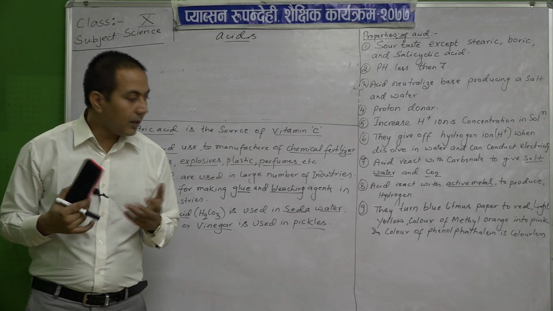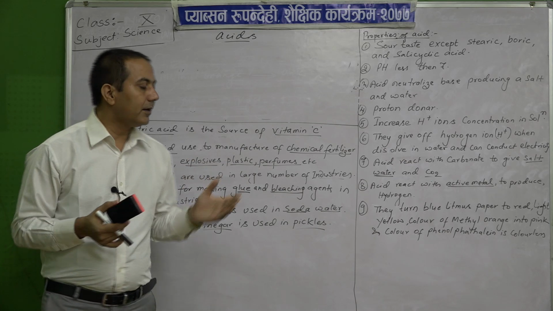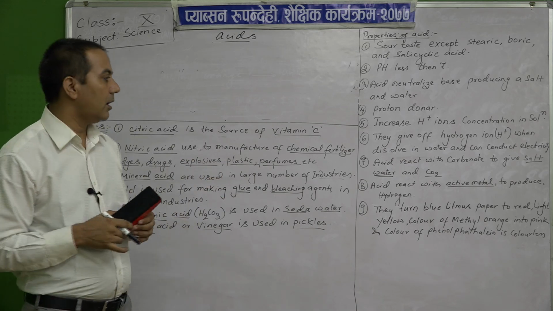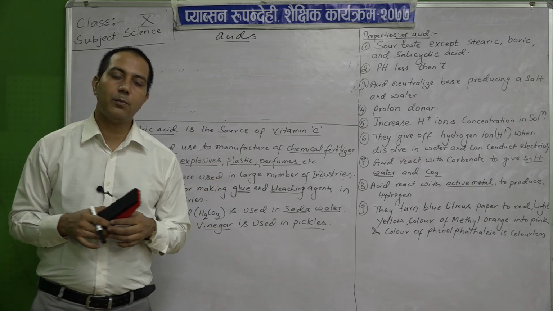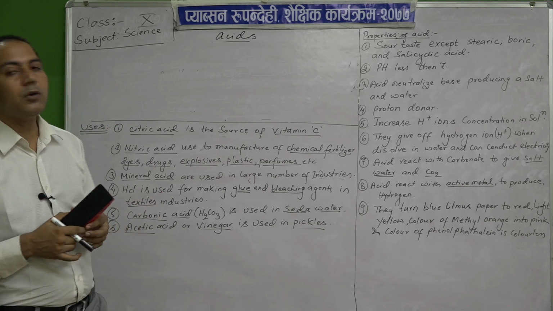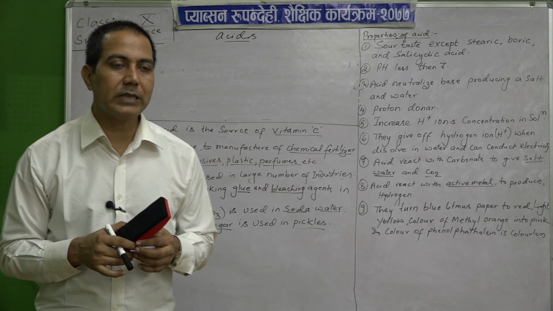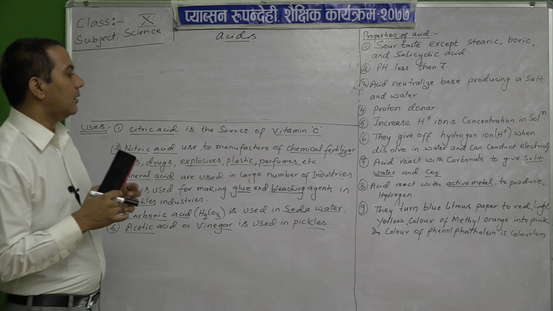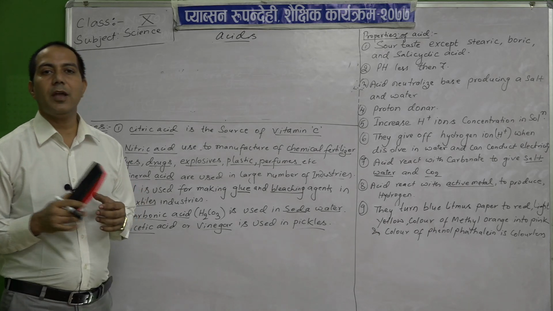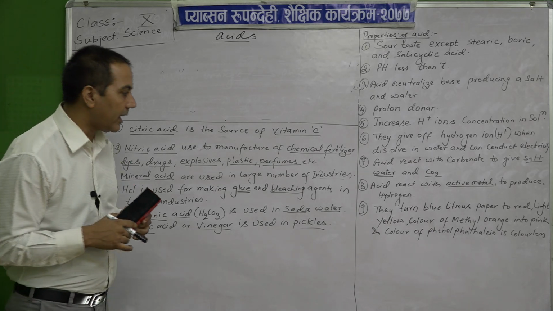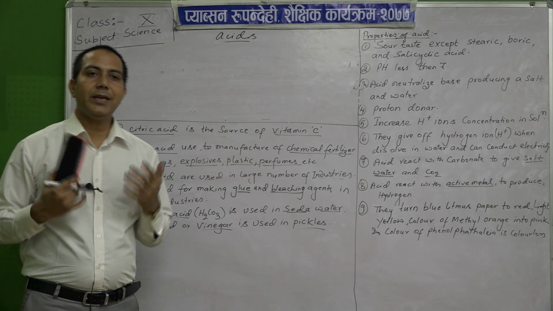Then another property we have is that when acids react with carbonates or bicarbonates, it produces salt, water and carbon dioxide. Another property is when acid reacts with metal, it produces hydrogen gas, and to test the acids